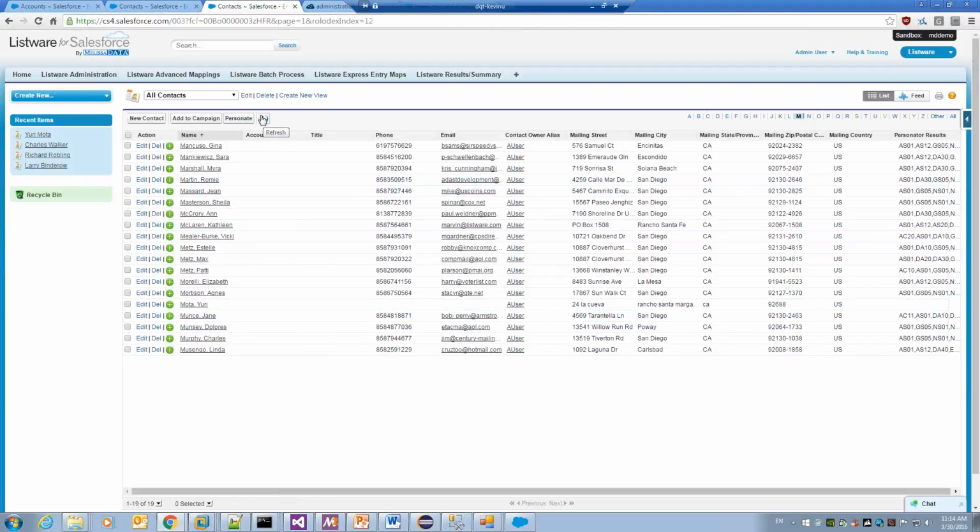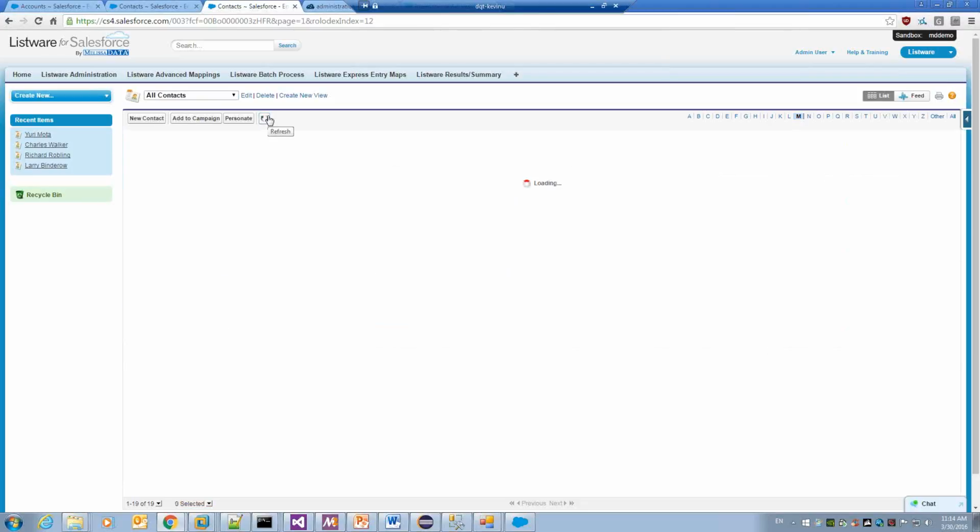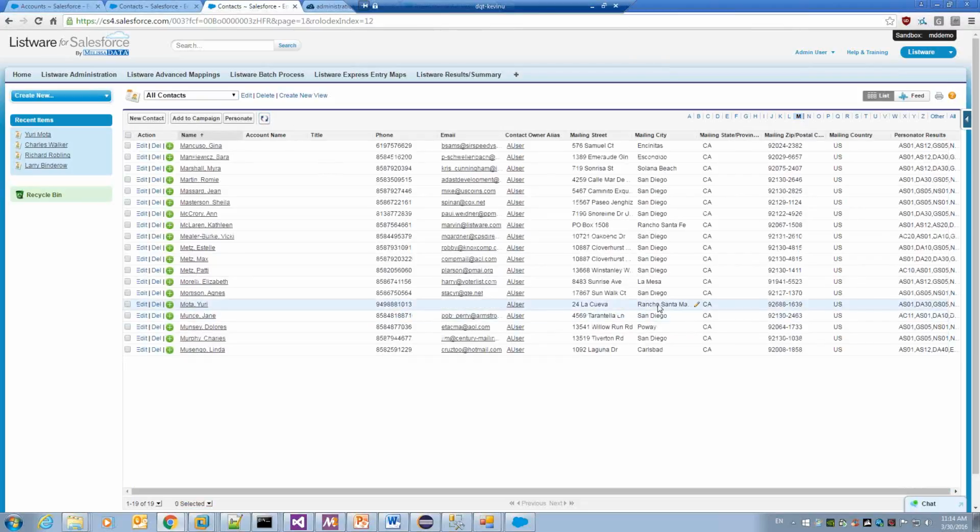And then what's going on is that this app is basically contacting a web service to do an update. So this will take a few seconds. We just have to keep refreshing it. But you can see already there, it already updated it now. So the address is now standardized. I now get my result codes. I get the +4 in there. If I go back and view this record,